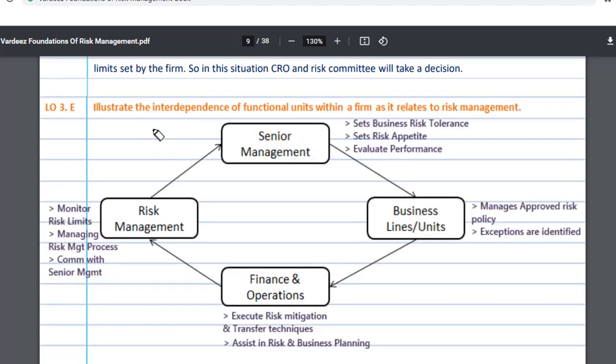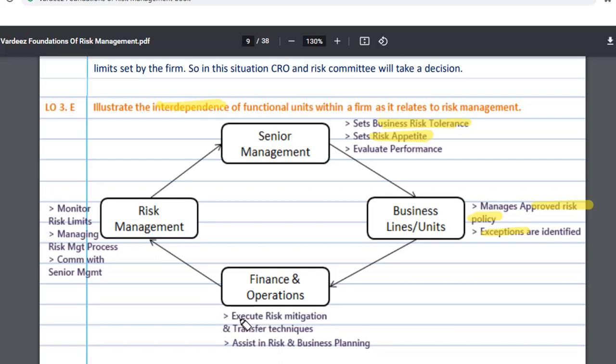Okay, moving on to the next learning objective: illustrate the interdependence of the functional units. So how it flows down is from the senior management, they will set up the business risk tolerance, they will set up the risk appetite, they will pass it on to the business line or business units. Then this business line will manage the approved risk policy. Okay, what was the policy that has been approved? They will go ahead and manage that, and they will also identify any exceptions to the risk appetite or any business risk tolerance. Any exceptions to that, they will note it down,